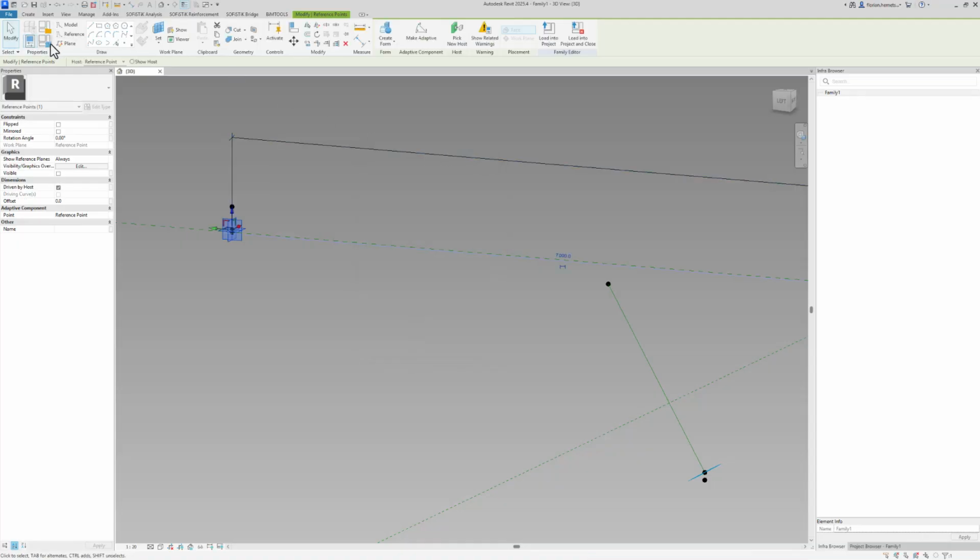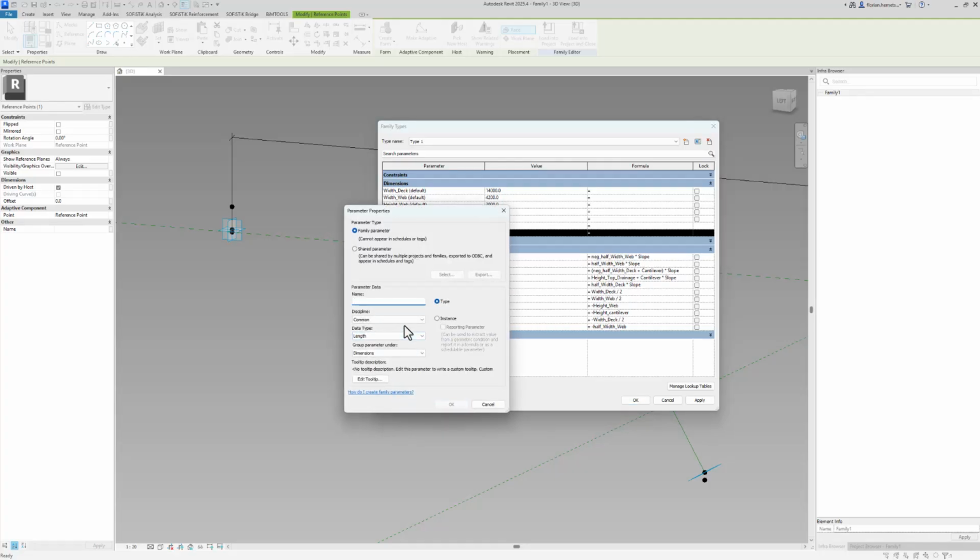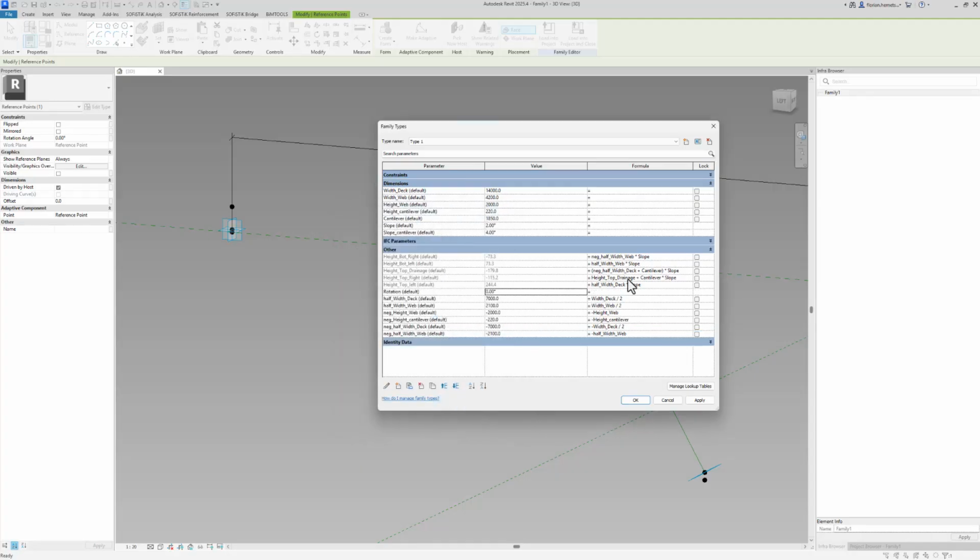But what you can do is you can create a new parameter which translates the slope into a rotation. To do so, create a new parameter, which I will call rotation, an instance parameter of the type rotation angle. Click on OK. All you need to do is to copy the name of the parameter once more and use it in the new formula where you calculate the arcus tangens of the slope, which will translate the slope into the rotation angle.